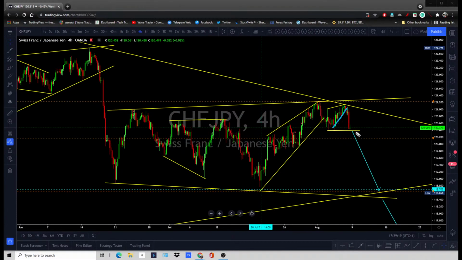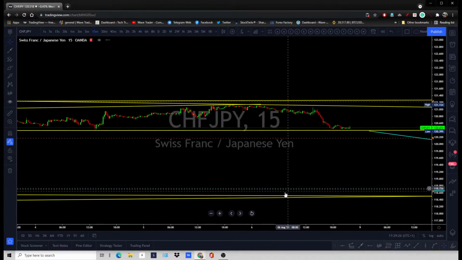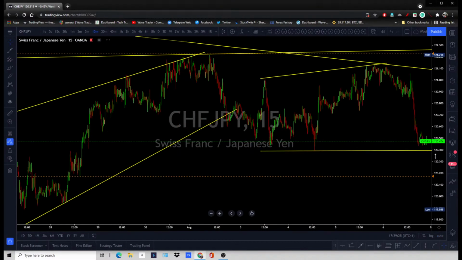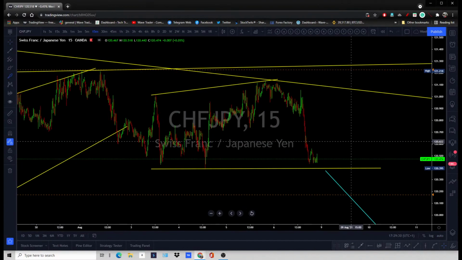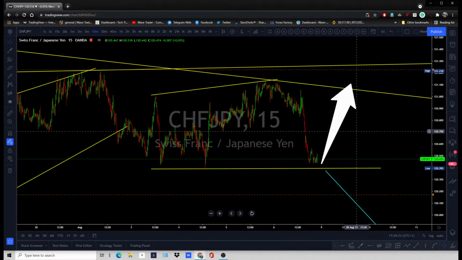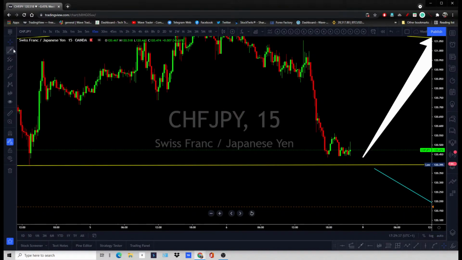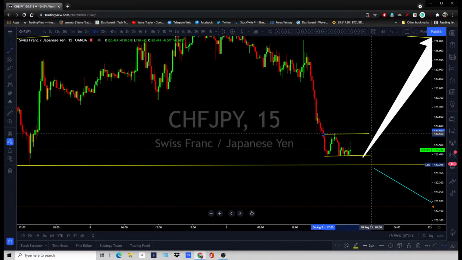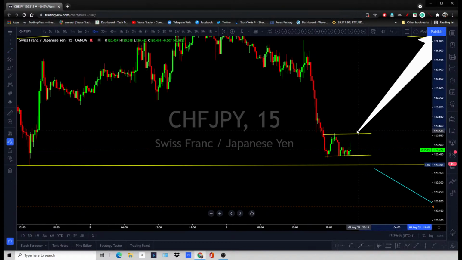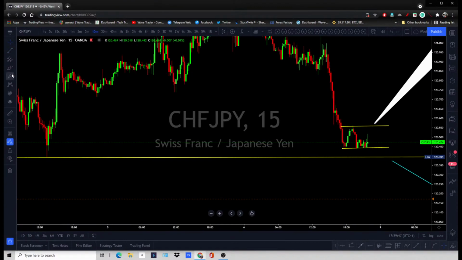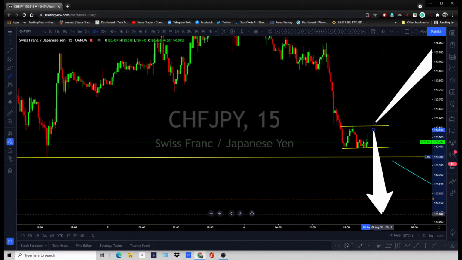Price already broke out, and you are simply looking for this to break down and continue dragging lower. If you see on the lower time frame that price is going to visit the previous top, then you are looking for this expanding triangle formation to hold and then drag. Right now you are having a 15-minute correction, almost across the market after the NFP numbers. You want this 15-minute correction to break down aggressively and continue dragging lower.